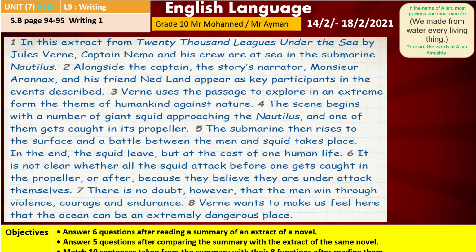As you can see, dear students, in sentence 8 here, Verne wants to make us feel here that the ocean can be an extremely dangerous place. This is the overall message of this summary. So,